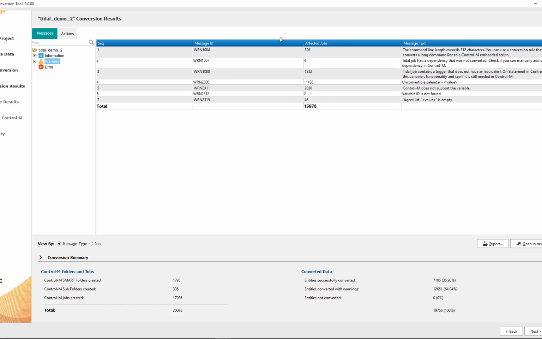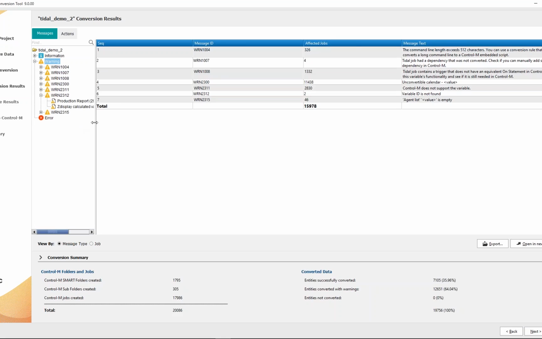But if you make it all the way to the end, then as we just did, you also get some very nice statistics. So now we've gone through the evaluation, we've run the conversion, now we actually have the details, and it shows us here from the conversion how many things didn't convert, so error messages, which we have 0. How many things do we have that are warning messages? And you can see there are quite a few specific warnings that we need to react to. Out of the conversion, we have about 15,000 warnings,